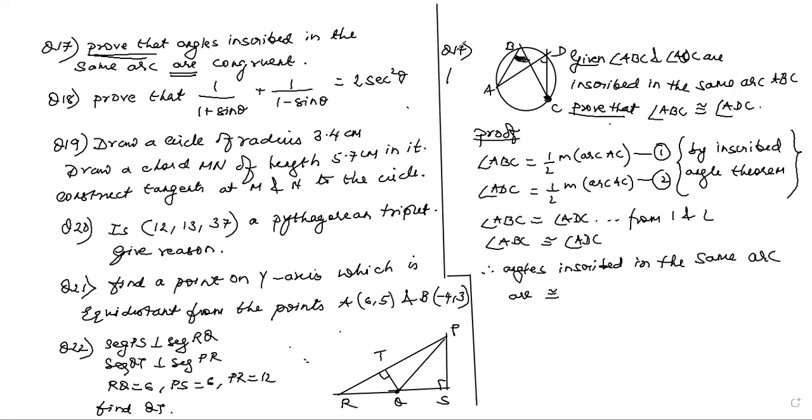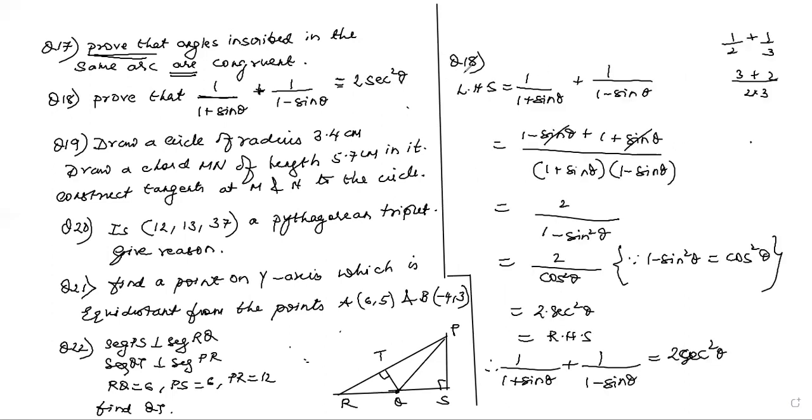Okay, now listen, we go to the next sum, children. Question number 18. Children, just have a look here. This question number 18, very simple. Prove that 1 upon 1 plus sine theta plus 1 upon 1 minus sine theta equals 2 sec